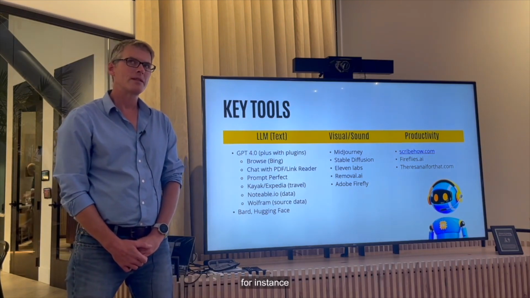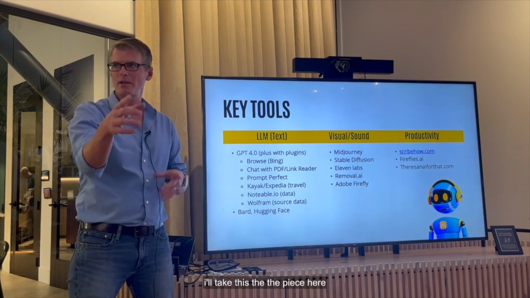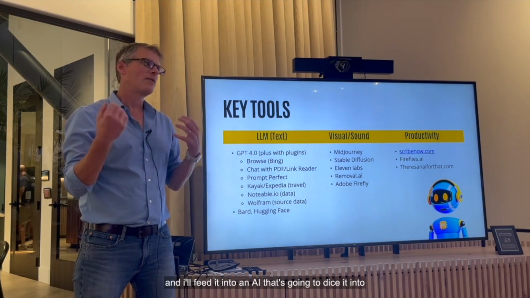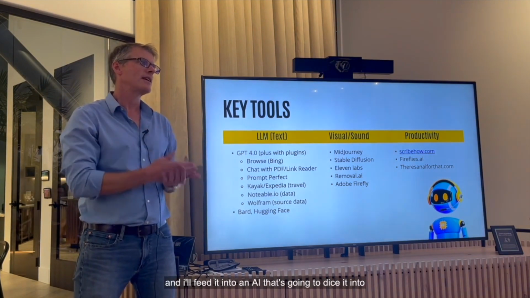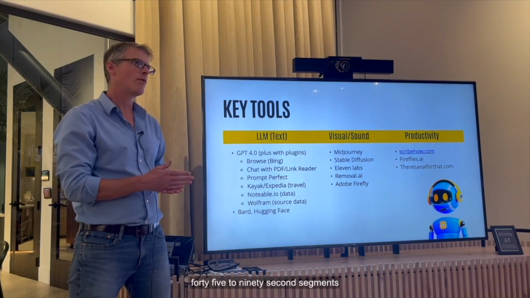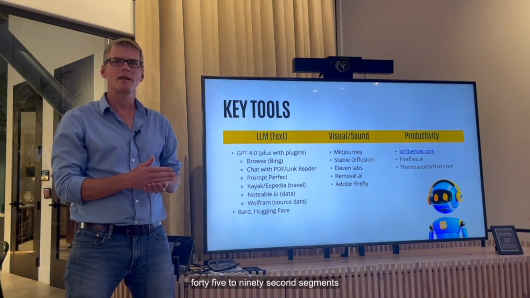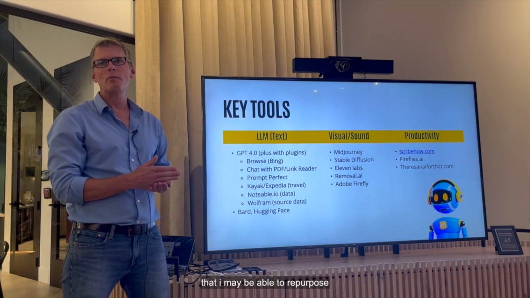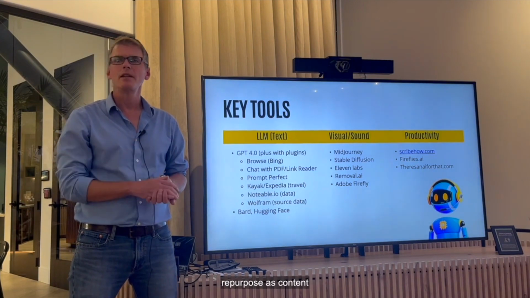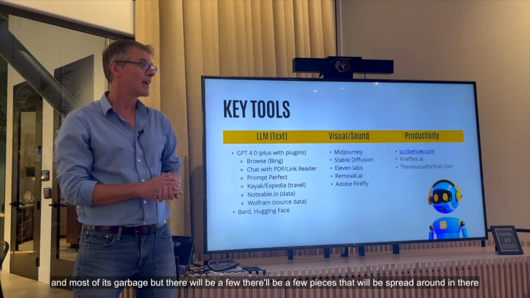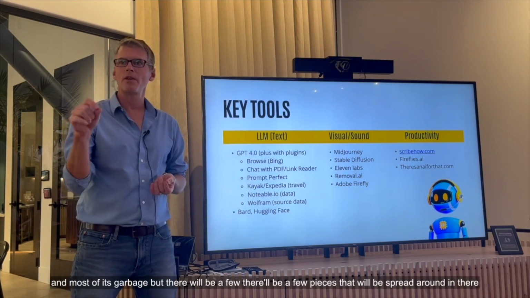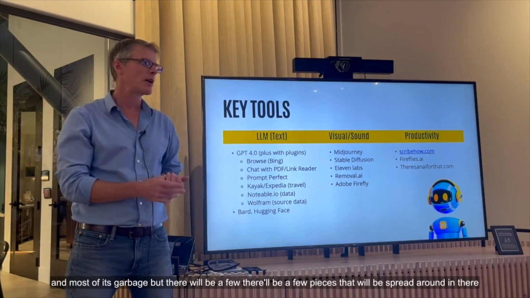For instance, I'll take this piece and feed it into an AI that's going to dice it into 45 to 90-second segments that I may be able to repurpose as content. Super cool. Most of it's garbage, but there'll be a few pieces spread around in there.